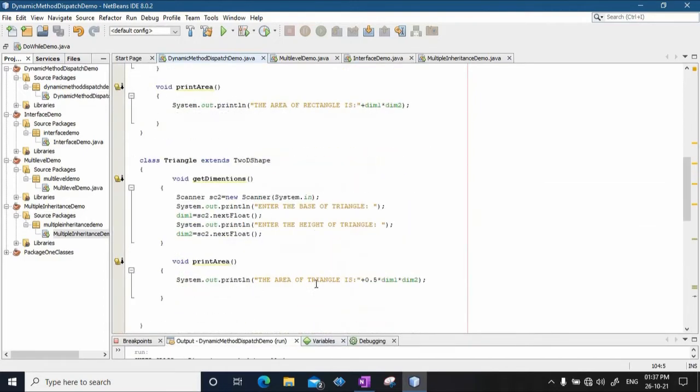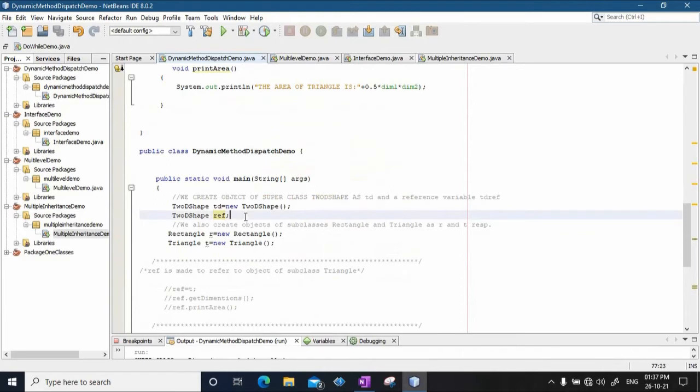So this is how you can make a reference variable of type superclass. You can make it work like a toggle switch, switching between different subclass objects, and it can switch to itself also, and accordingly it will access those particular methods. So this switching actually takes place during the runtime, and that's why this comes under runtime polymorphism or dynamic polymorphism. Java implements this dynamic polymorphism using dynamic method dispatch.